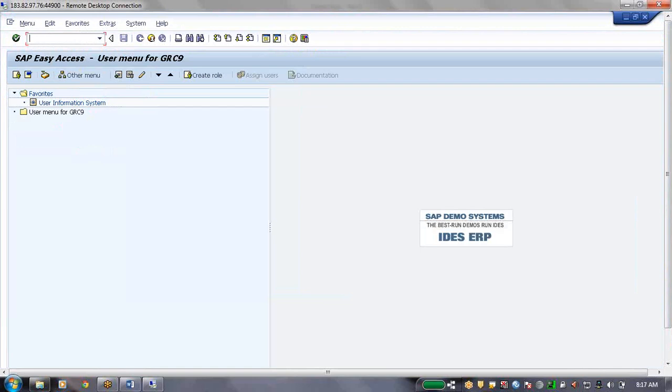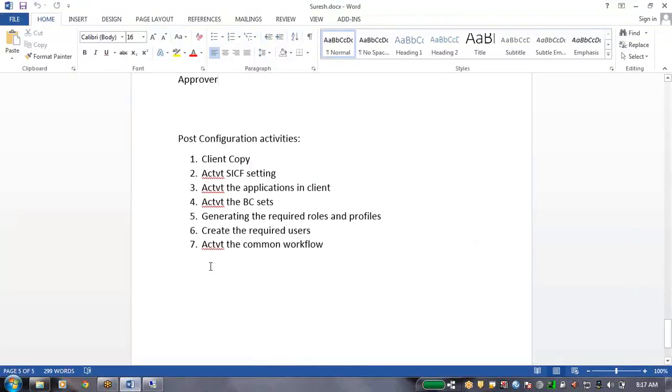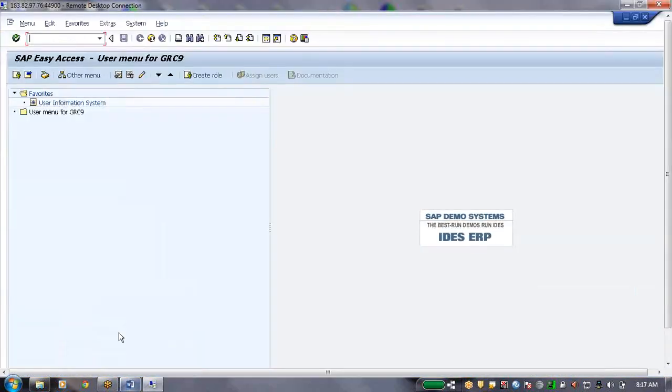Now one more step we are trying to perform, that is activating the BC sets. BC sets are business configuration sets. Why do we need to activate them? Because once you activate these BC sets, whatever data we discussed in ARA, the few concepts like standard, rule set, global,